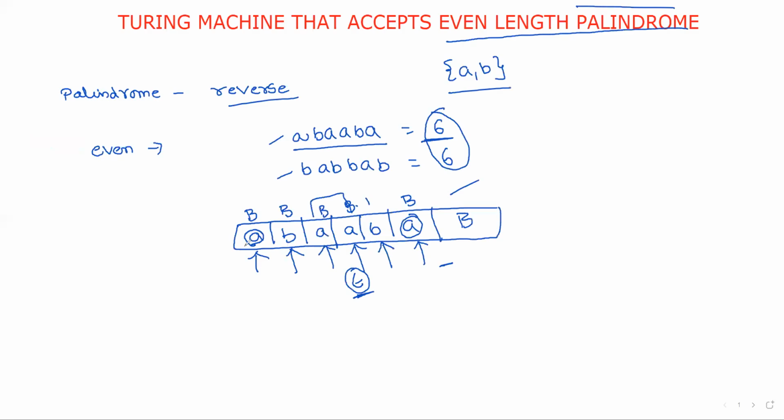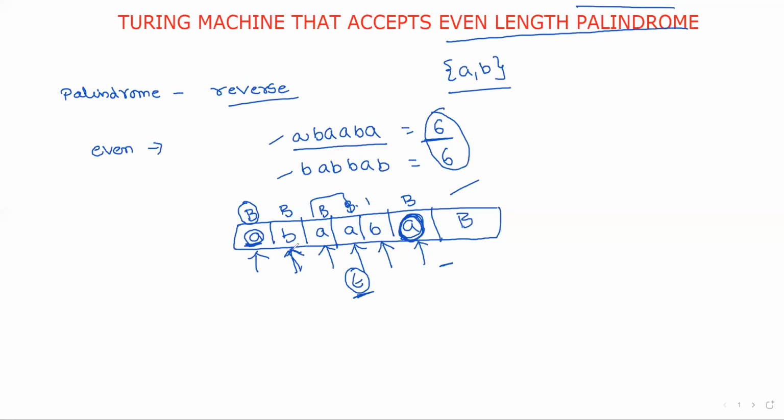Now, as we discussed, whenever A occurs, it is replaced with a blank symbol and we move to the right. We have to keep moving until the last symbol. The moving process is done until the last symbol, so move in the right direction. For example, I am moving to state Q1.